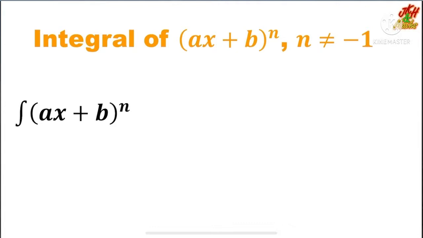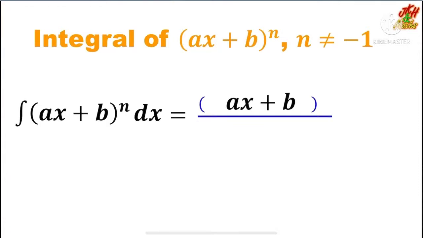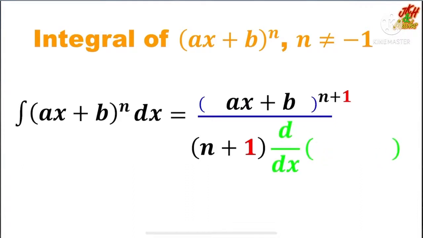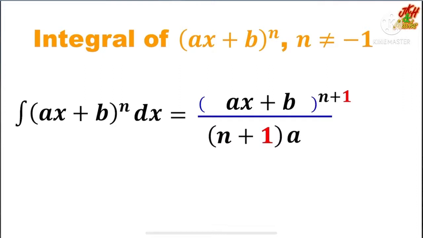So, when we integrate in the bracket ax plus b raised to the power of n with respect to x, it is equal to, so in the bracket we put the function ax plus b and the power we add 1, so it becomes raised to the power of n plus 1, and this new power we put in the denominator, and at the same time we differentiate the function ax plus b with respect to x, giving us the value of a, where this value of a we multiply with n plus 1, our new power just now, and then don't forget to put plus c since this involves indefinite integral,